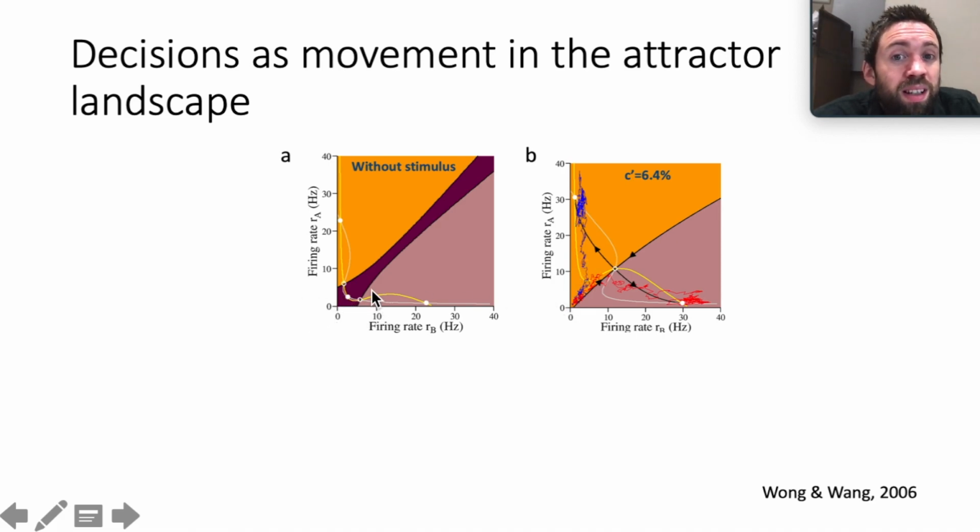This results in destroying the stable steady state that used to be at this low level of activity for both populations. And now there are only 2 stable steady states in the system, one in which population A wins and a second in which population B wins. And in the middle, there's an unstable steady state. Now, we see these arrows drawn on here,